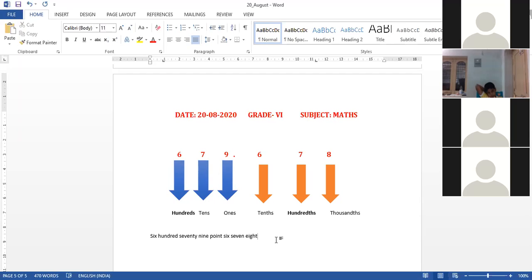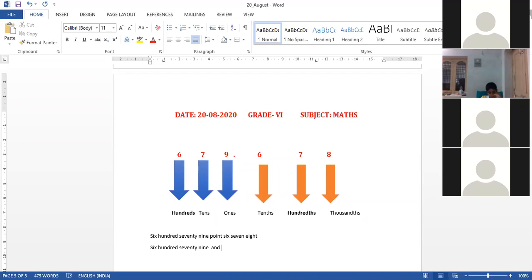I can write the second way: 679, because before the decimal the number is greater than 1, we can say 679 and